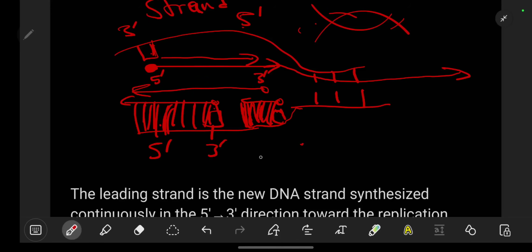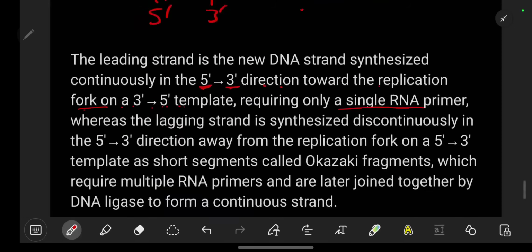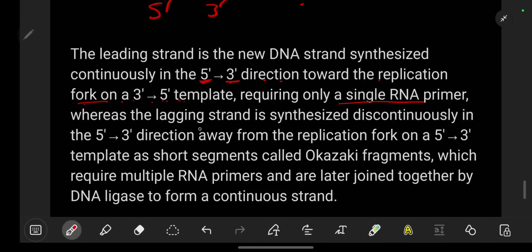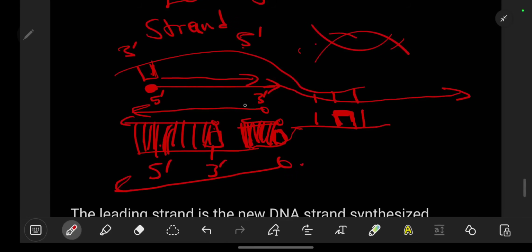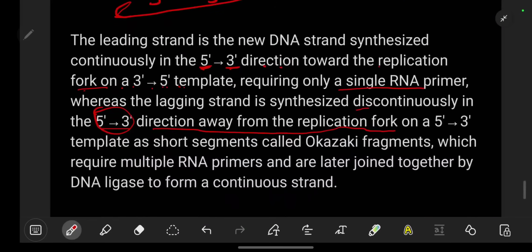But for the lagging strand, it needs multiple primers. It puts here, it starts, it puts here. So a primer will indicate where the DNA, the direction of replication should be. The other thing is that the lagging strand is synthesized discontinually in the 5' to 3' direction. Even here it is still 5' to 3', but the direction is away from the replication fork where it is being unwound. It's going in the other direction, though it is still in the 5'. If this is 3', this is 5', it's going to the 3', but in the other direction of the